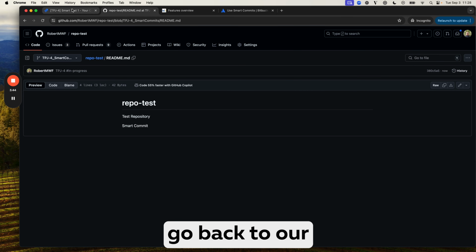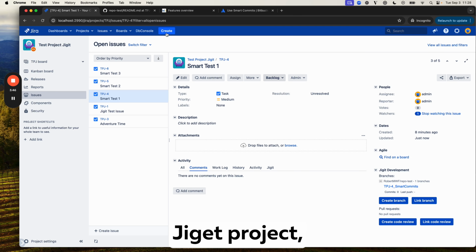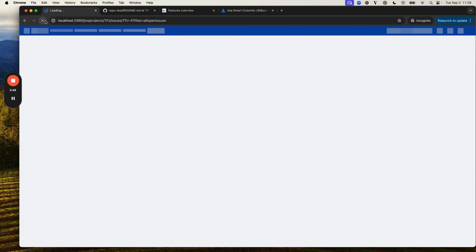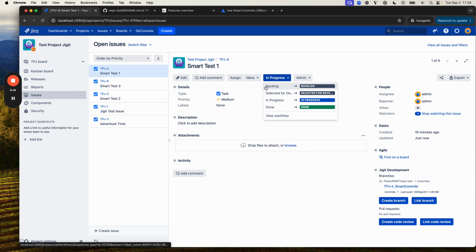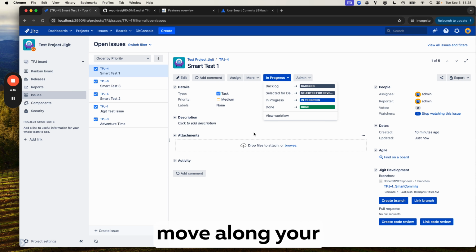Okay, now if we go back to our Jigit project and refresh, we can see the status is now in progress. So it's an easy way to move along your work items and keep on top of development by using smart commits in your commits. This can be done for multiple tasks if you have tasks linked to a certain development phase. So if we go back in,